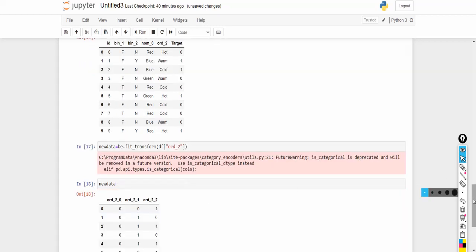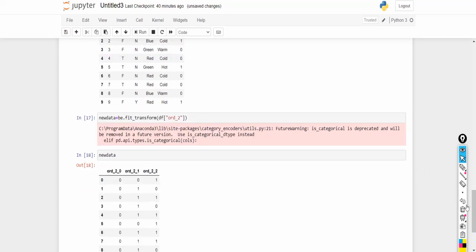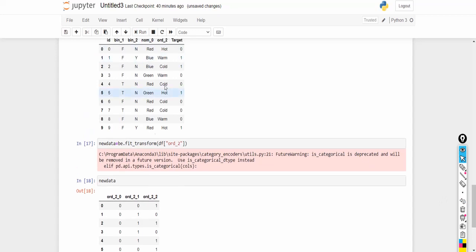Once I print this new data, the odd_2 is having three different categories, right? Hot, warm, cold. Initially a numerical value will be assigned for three categories. So for hot the value will be assigned as 1, for warm category the value will be assigned as 2, and for cold category the value will be assigned as 3. The binary value for hot will be 001, for warm the value will be 010, and for cold the value will be 011. So this will be repeated again and again.